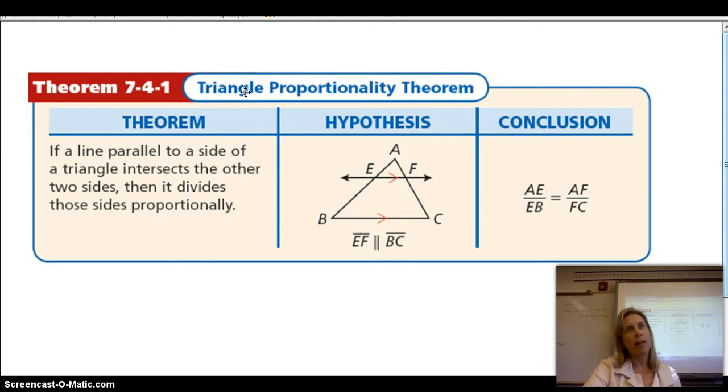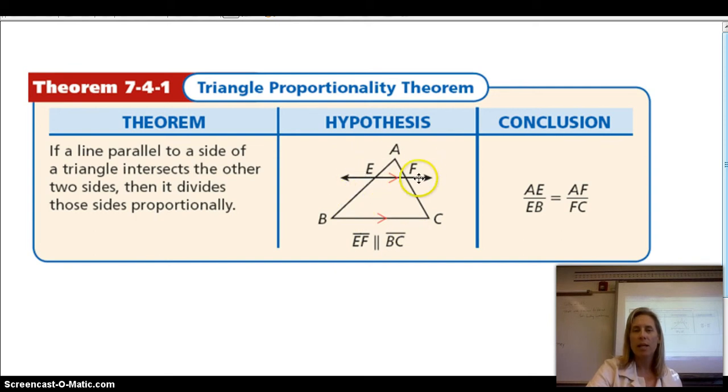So we have a theorem and its converse today. And the theorem is the triangle proportionality theorem. On the quiz, you were just looking at this sort of a thing. This will be helpful if you face that again. You could solve that on the quiz using what you knew already. But this says that if a line parallel to a side of a triangle intersects the other two